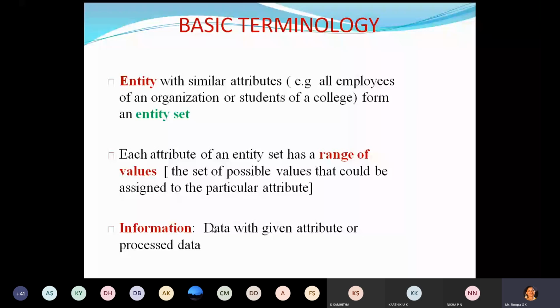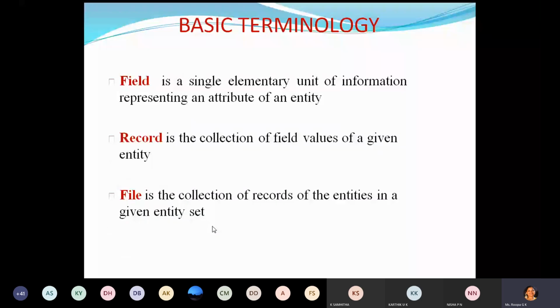Once again, the proper definition for field, record and file. The way that the data are organized into the hierarchy of fields, records and files reflects the relationship between the attributes, entities and entity sets.